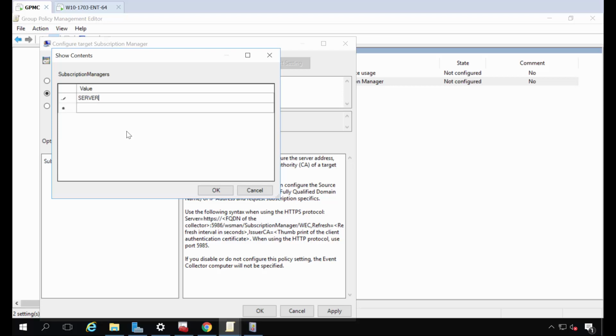Then the next question is, are you using HTTP or HTTPS? For me, in all of my tests, by default, it was using HTTP, and that says that you're using port 5985. If you're using HTTPS, that's 5986. So again, you're going to type in server equals HTTP colon, and then 2 slashes, of course, the name of this machine, the one that is the collector. Okay, so that's going to be DC 2016 for me,